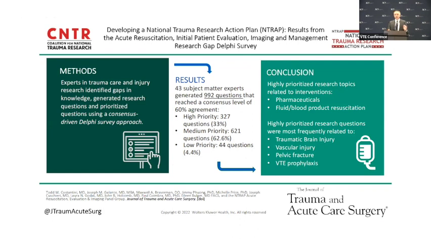So we found 992 questions that reached consensus in this panel, which is a lot of questions. About a third of them were high priority. Again, this was through multiple rounds of reviewing those questions and ranking them on the scale. We had a good bulk, 62% or so, that were medium priority questions and very few low priority questions. I think that just tells you the questions we generated were real questions. They were good questions that have not been answered and affect the care of our patients. And very few of them were low priority questions.